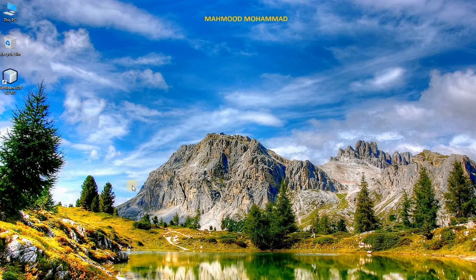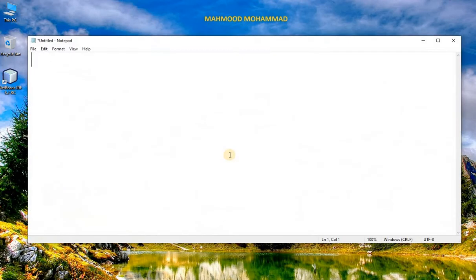Hi friends, in the last session you have seen how to initialize the variables, how to declare the variables, how to display the data which is stored in those initialized variable memory. In today's session we are going to see how to read the data from keyboard.